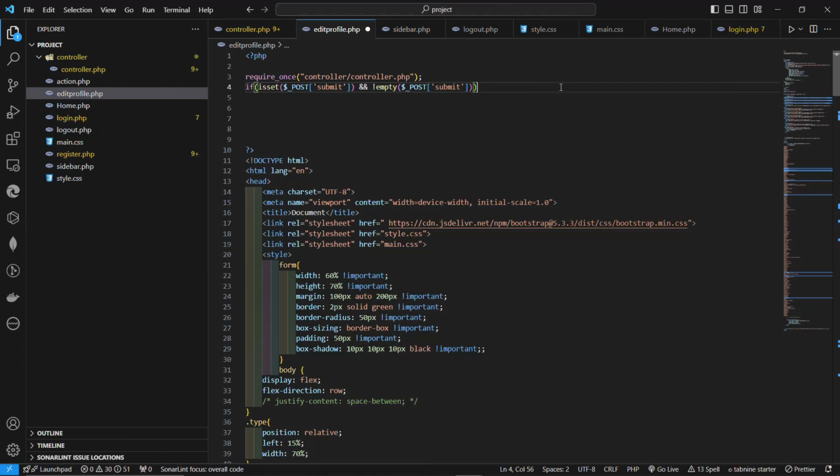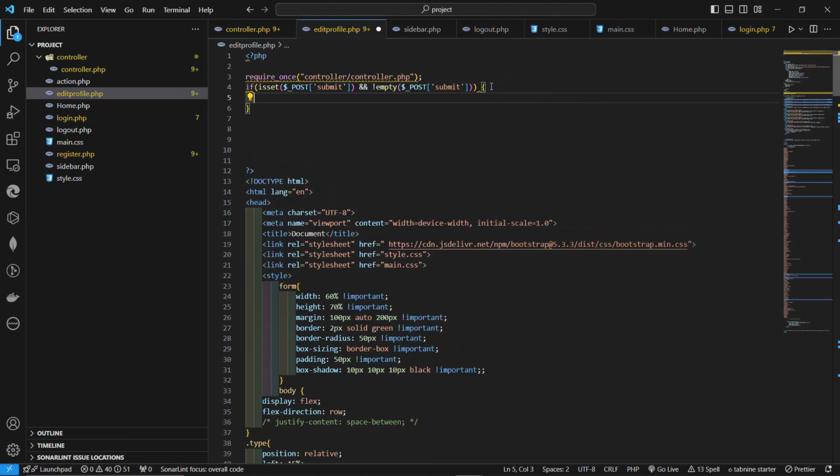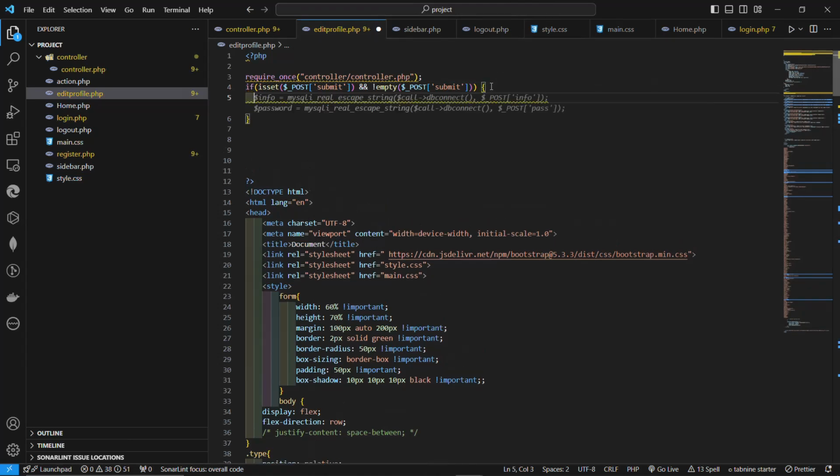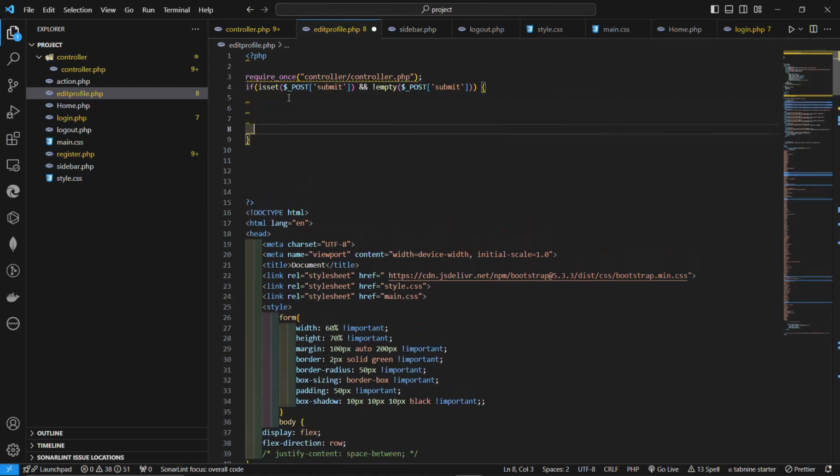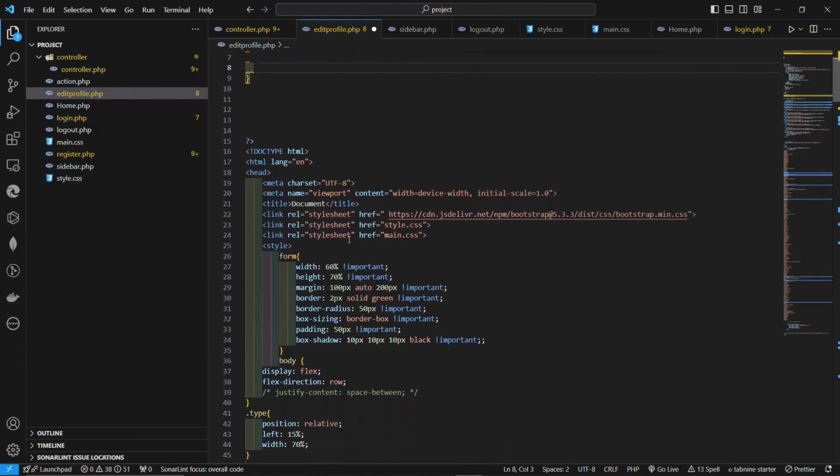So always make sure you have this color bracket, because it's going to help you a lot whenever you're writing this coding, this backend. And not empty. So now the next thing we're going to do is check if